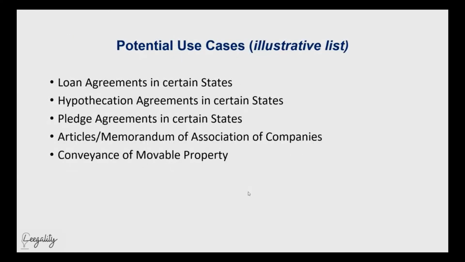And really, there are many use cases for it. This is just an illustrative list of use cases we've received from our clients. But really, any document which you need stamp duty for can be taken care of by either dynamic stamping or the Legality flat rate process. So you know that full pie chart I showed you earlier. Now with dynamic stamping, really, any document you want to digitize, as long as it's not, say, a demand promissory note or something in Schedule 1 of the IT Act, which is a set of 4 or 5 exceptions. Apart from that, any agreement you need to pay stamp duty for, you can do it through dynamic stamping. That's right.